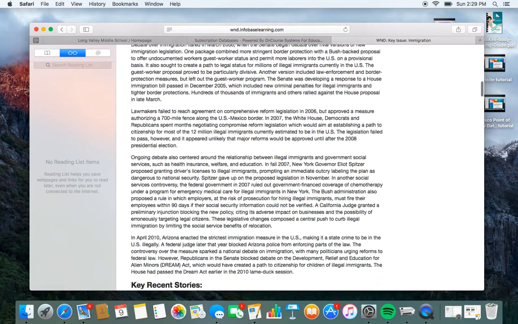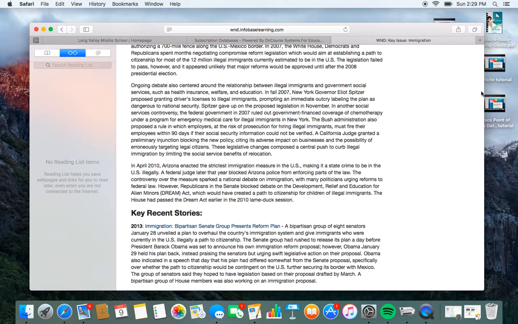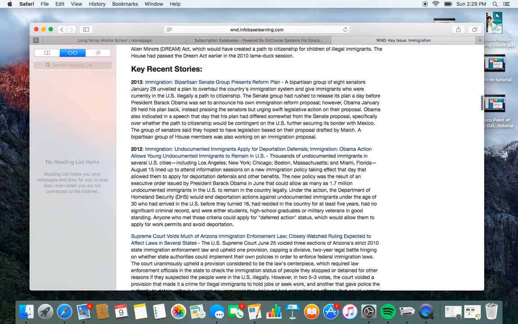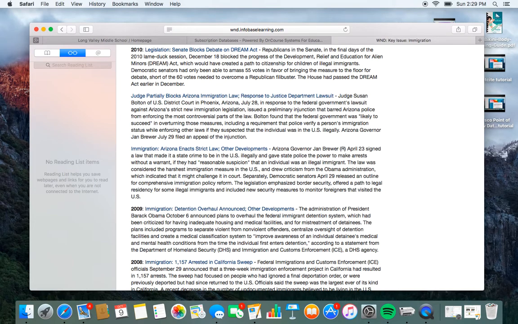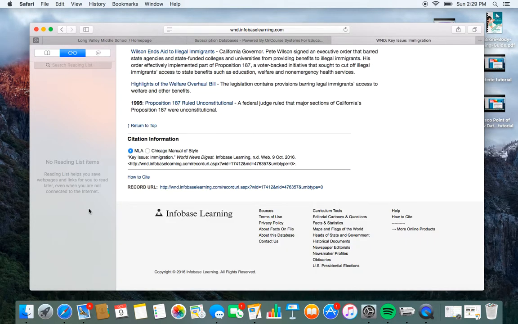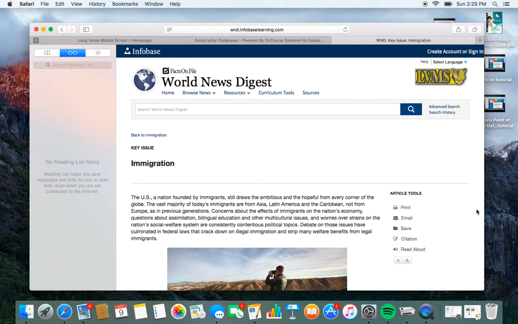And it will give you key recent storylines as well. And at the bottom, for articles in Facts on File, it does give you the citation information. Some of the tools over on the right, you can print, email, save. Again, click on the citation, and it does have a read aloud option. All right, let's go back